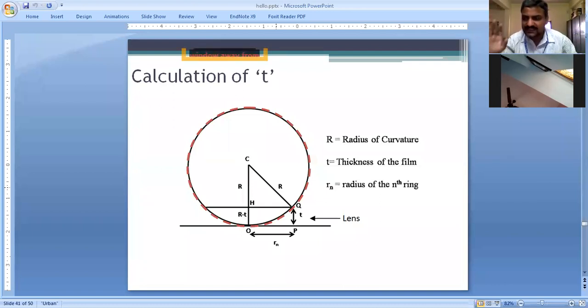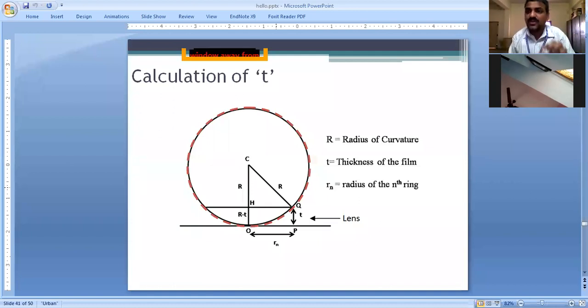Or the other example is you take a spherical bowl. If you have any spherical bowl in your house, you put it on the table, right? It is going to have a plano concave shape. If I ask you what is the locus of 1 centimeter constant thickness, so if the gap between the lens and the plain glass plate must remain 1 centimeter, it is going to trace out a circle. Please try to understand. T equal to constant locus is going to be a circle.